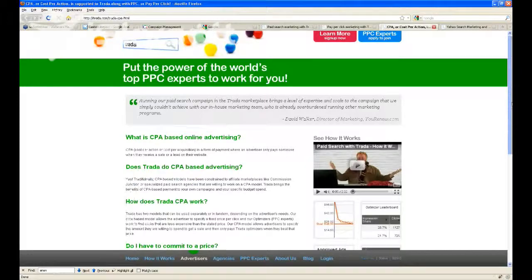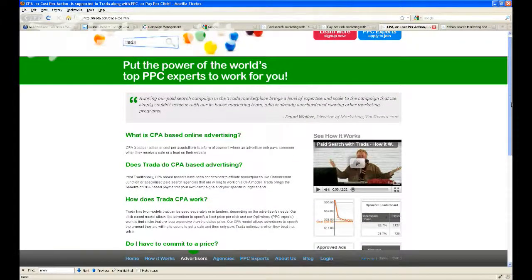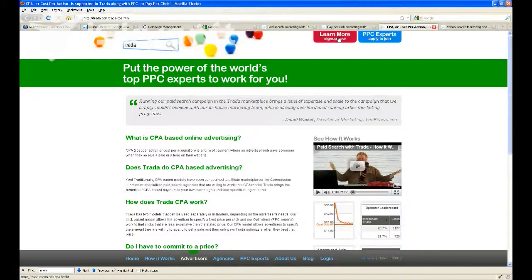This is a page on the Trada website specifically designed for people that are interested in the cost per action, or basically, can I pay based on a variable percentage of my sale approach to advertising. And it's designed very specifically to have words related to cost per action, CPA, etc., that jump right out to the user. We have the same calls to action up here in the top right-hand corner, but the minute that someone gets to this landing page, they instantly feel comfortable that the page is designed specifically for what they're looking for. And so it's no surprise that the conversion rate is much higher on that page, about 2.6% versus 1.5% where people just come to our homepage and start exploring.